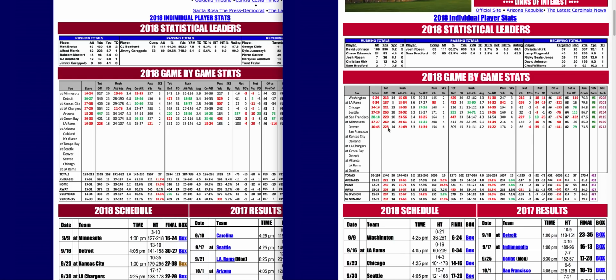Who's the one team they beat this year? Well, San Francisco on the road. Now they've got them at home. That's why the line is where it is. Arizona's actually the pick in this game against San Francisco. And why did they beat them in that game? Well, look at this. San Francisco had a 447 to 220-yard edge,